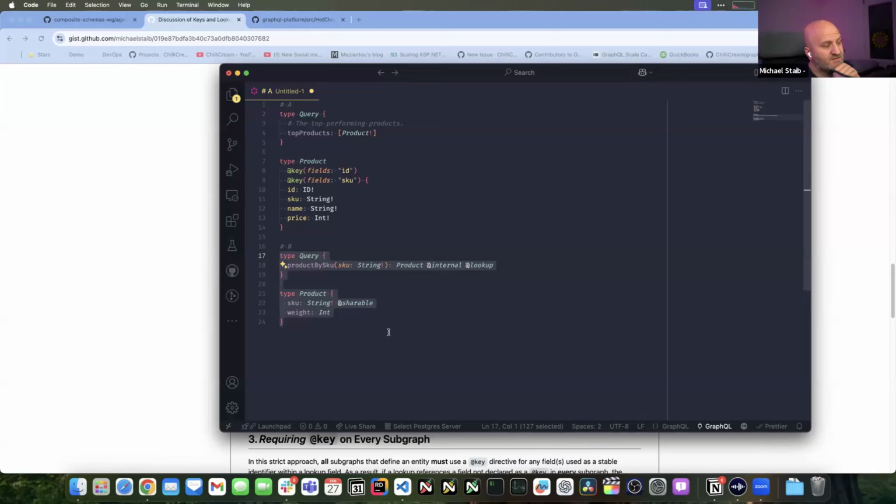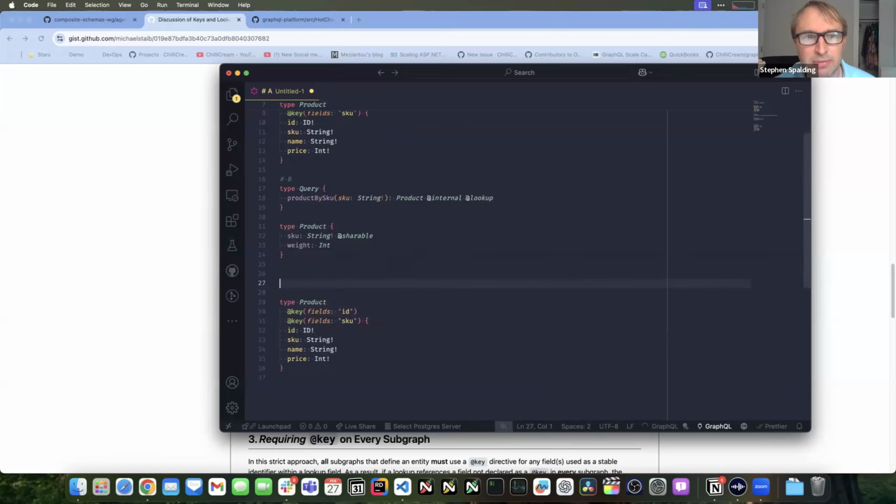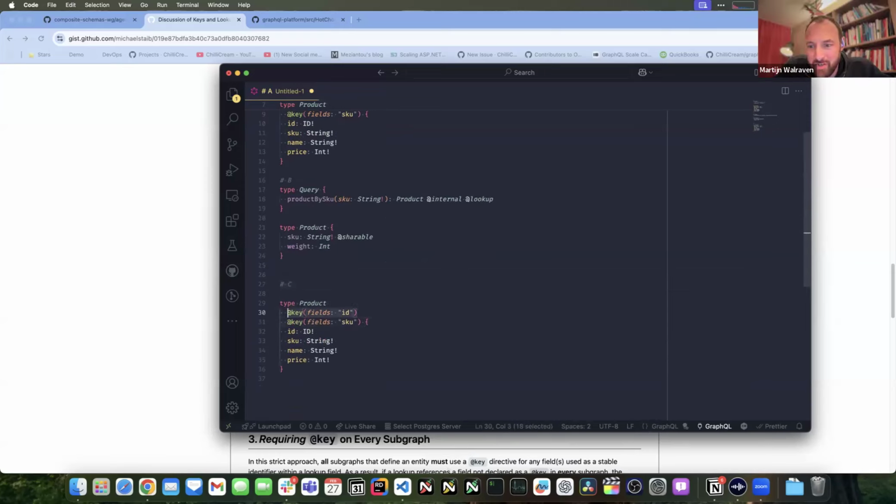So if you don't have a lookup, for a subgraph that doesn't have a lookup for an entity, what does the key necessarily mean in their subgraph? At a minimum, the idea is that it marks all the key fields as shareable. But I think the argument here would be that it's actually saying something stronger that doesn't have any practical consequences right now.